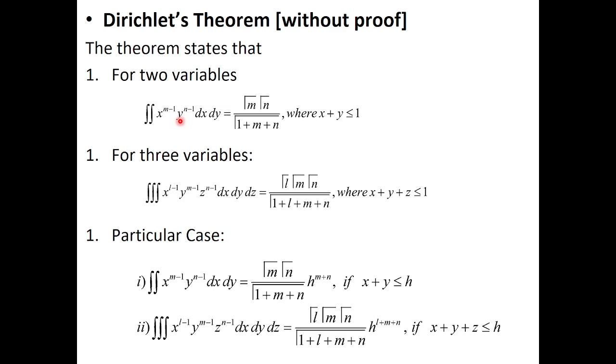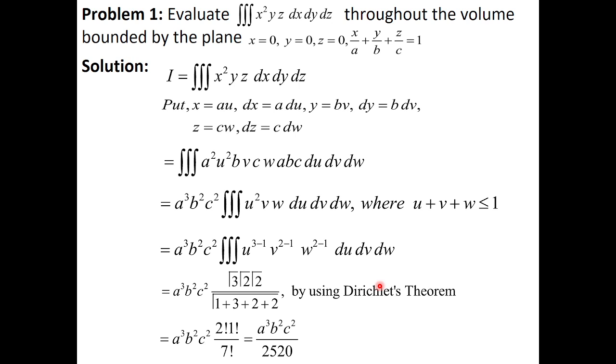Okay, what is the condition here? A simple condition is there. Whenever the volume is given by x plus y plus z is equal to or less than 1, you can use this theorem. There is one more condition, that x, y, z are all greater than 0. So always our figures contain such kinds of conditions, x is greater than or equal to 0. Sorry. So see this problem.